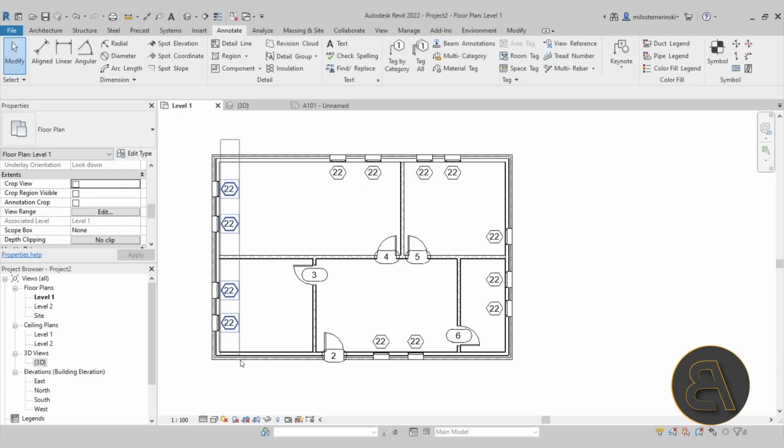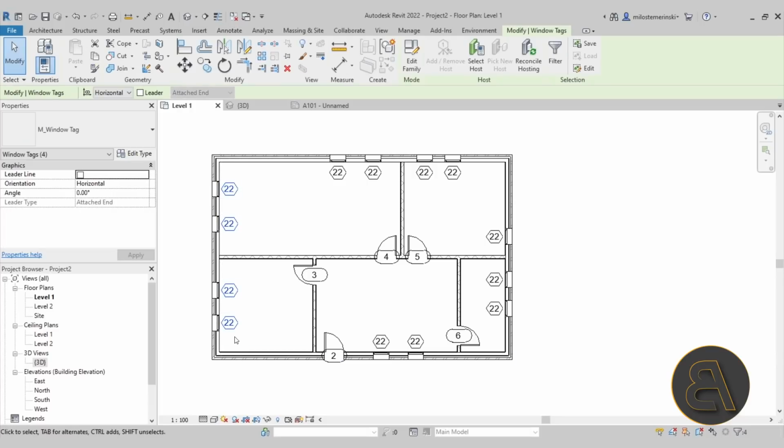So if I make a selection like this of all of these tags, you will see that now in the properties, I have an option to add orientation, and it can either be horizontal or vertical or model, which I guess is according to model, but I haven't seen this work that well, so I prefer just setting it up here vertically or horizontally. And also keep in mind that here you have an angle function, so if you're not